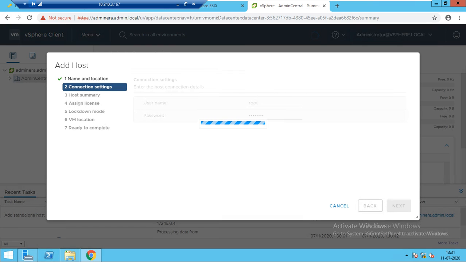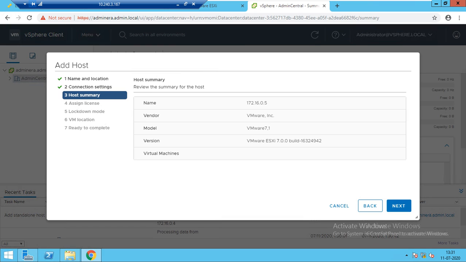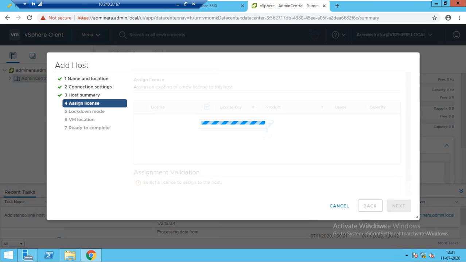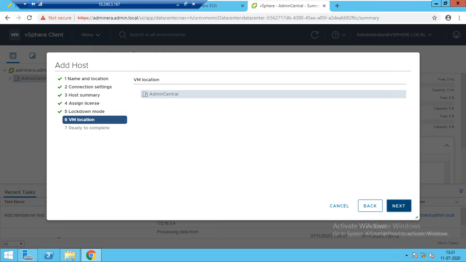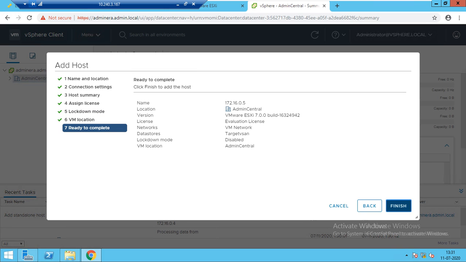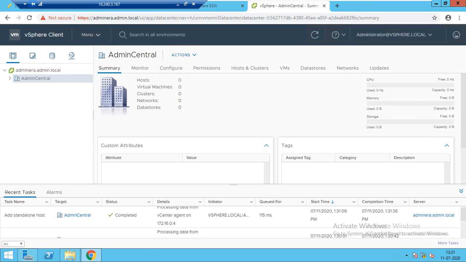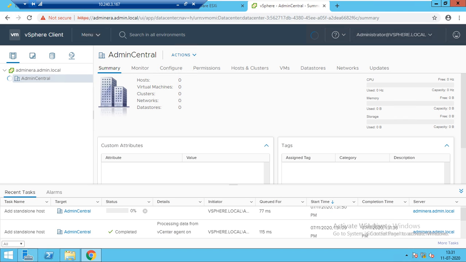If you go to the playlist, the first video shows the root password. Evaluation period, disable lockdown mode, VM location is the data center, ready to complete, finish. If I go here, I'll have 3 hosts in it. It will get added.